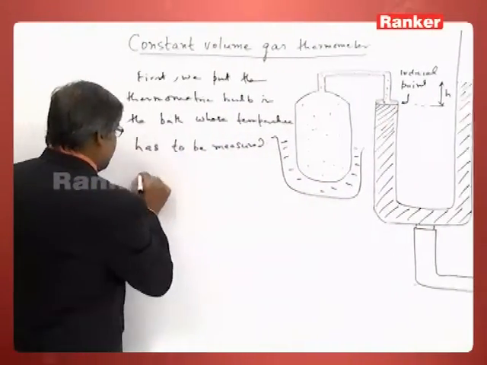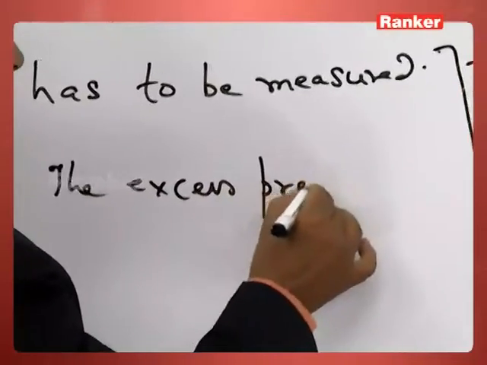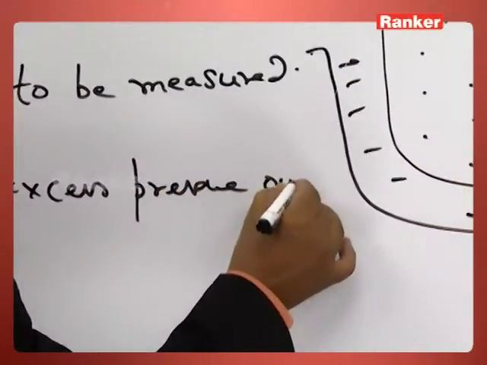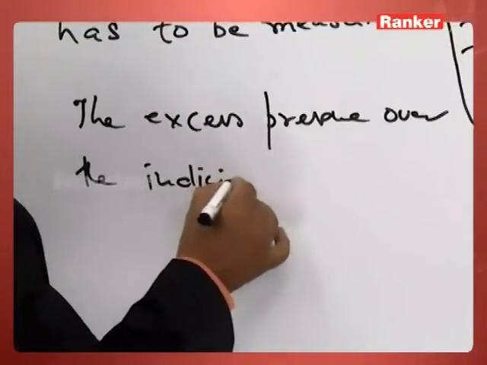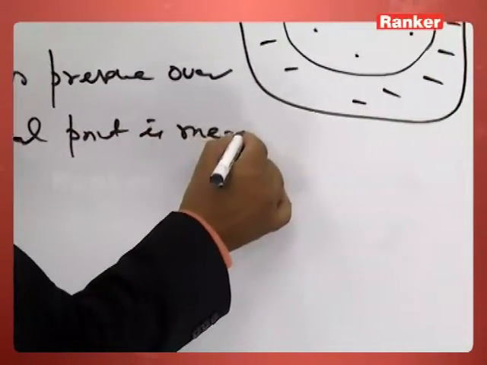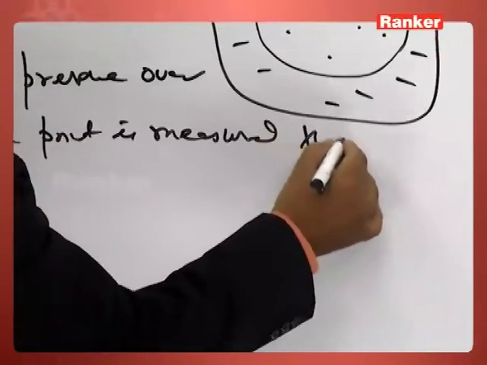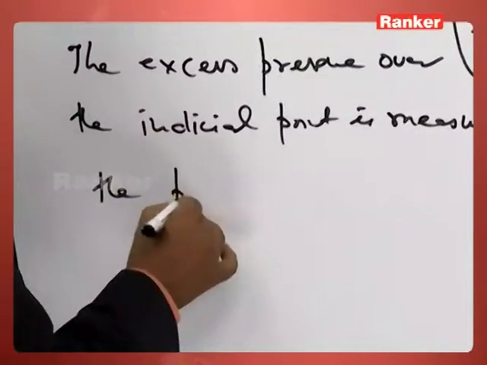So the excess pressure over the initial point is measured, that is the pressure